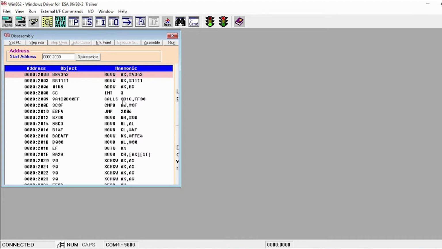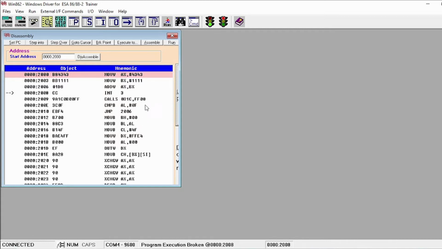So after seeing the program, then you have to click set PC. So if you click set PC, you can observe the control in the first instruction. After clicking set PC, then you press run. So if the complete program is executed, the control will be coming to the end of your program. So the last line in our program is INT 03. So the program will be end here.